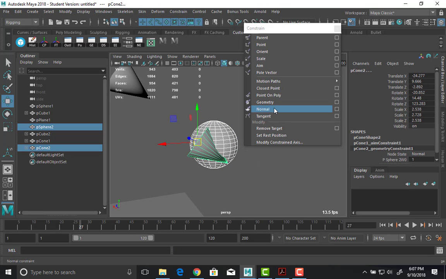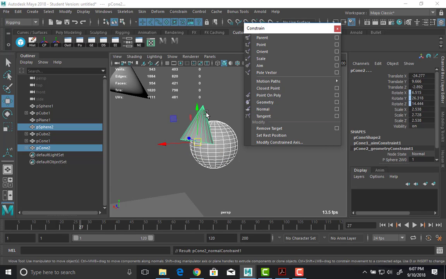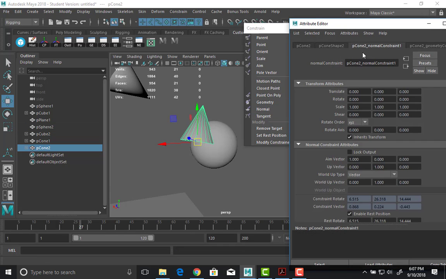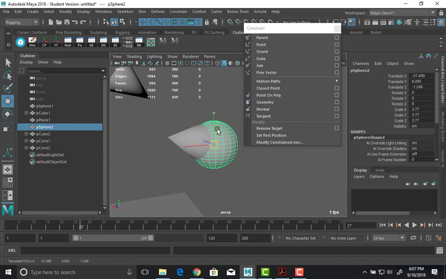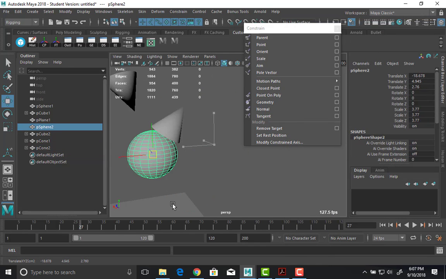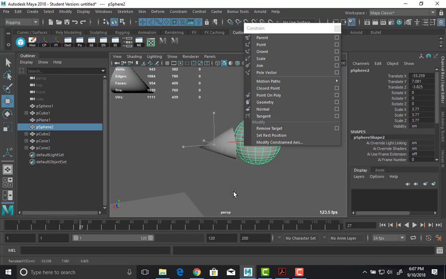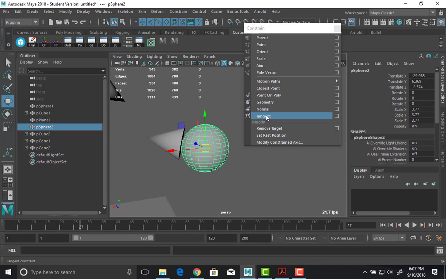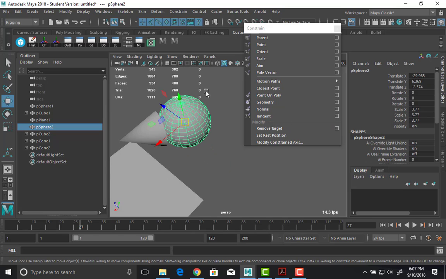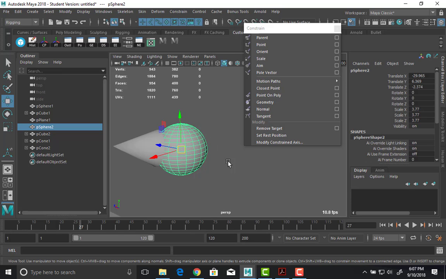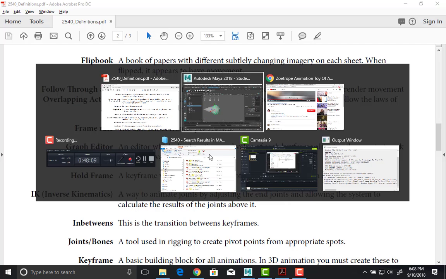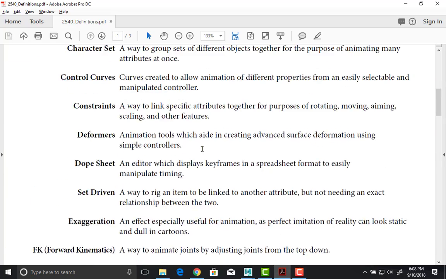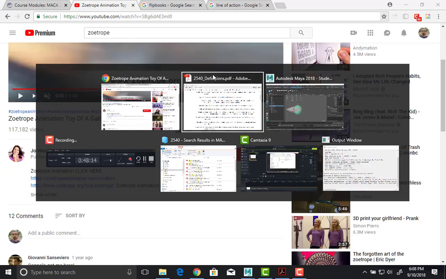I can also grab this and say a normal constraint. And again, I'll go into the options and change which way is the aiming. And so now as I move it, you can see how it's like stuck to that. Okay, and then there's a tangent one. We don't use tangent too often. Basically, it makes sure that it's tangent to it. We don't use it that often. All right, cool. So that's those ones. And then the last ones that are in the group